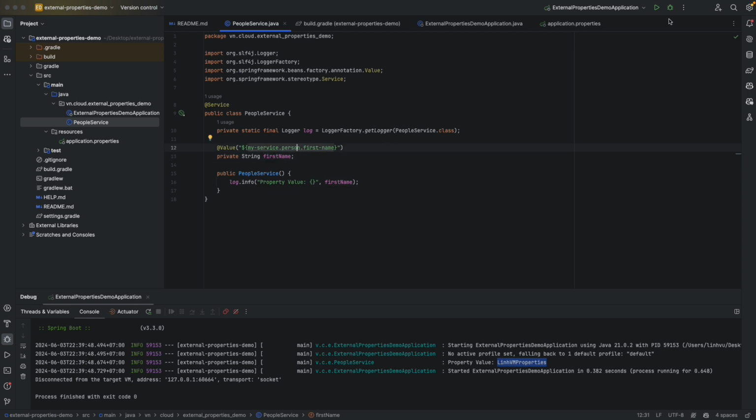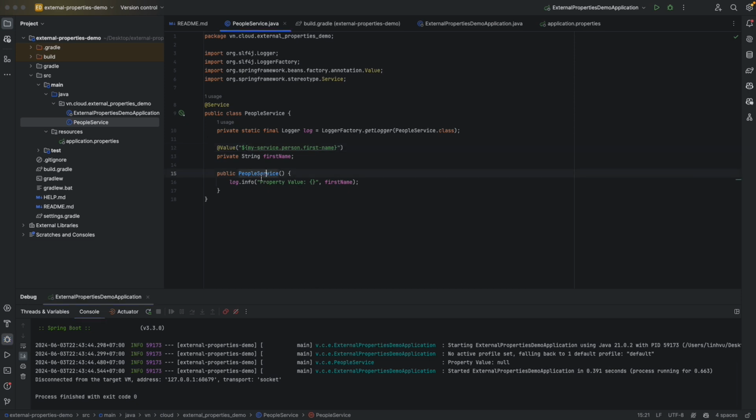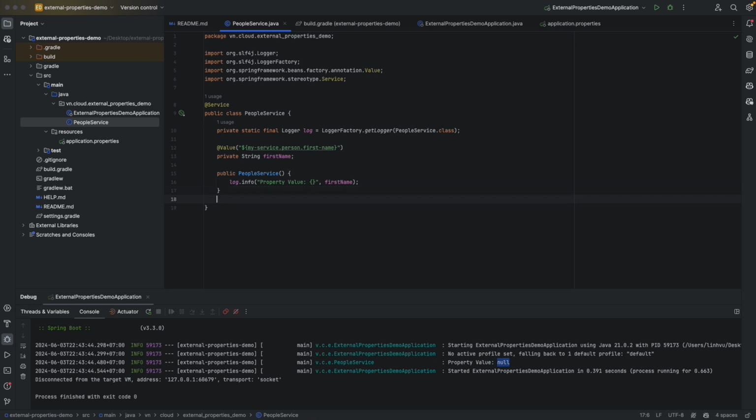So basically, let's check it. You see, at the moment of the constructor, the properties were null. So after the constructor, we create an object of this class, and the field injection is applied after that. Okay, so basically, in order to test this, we need to